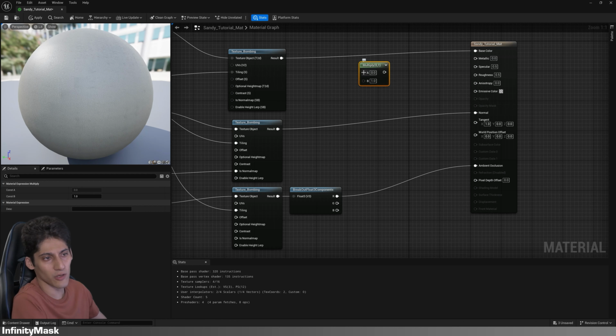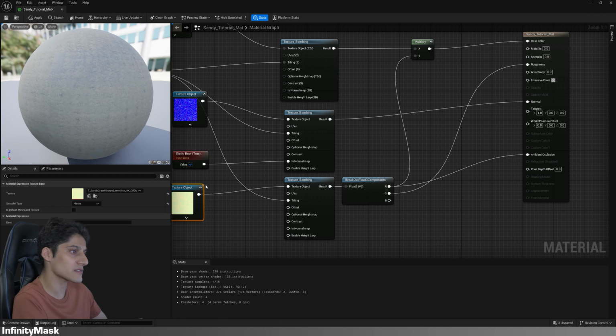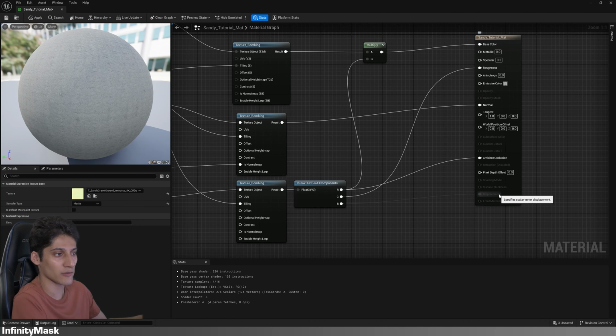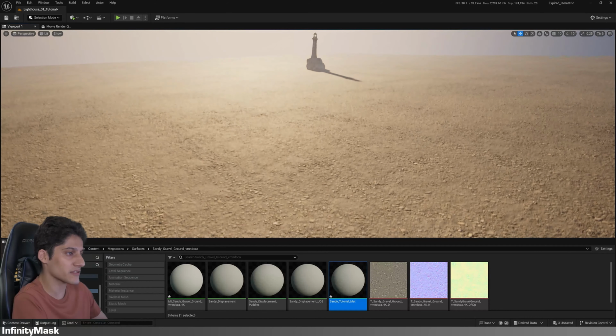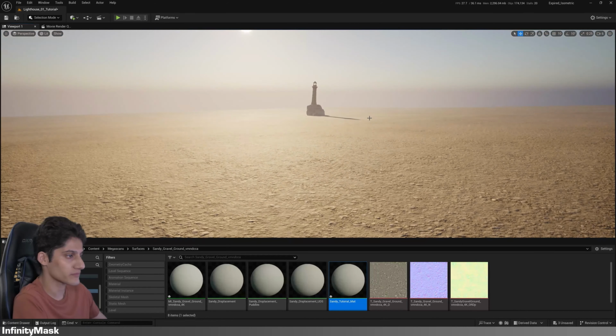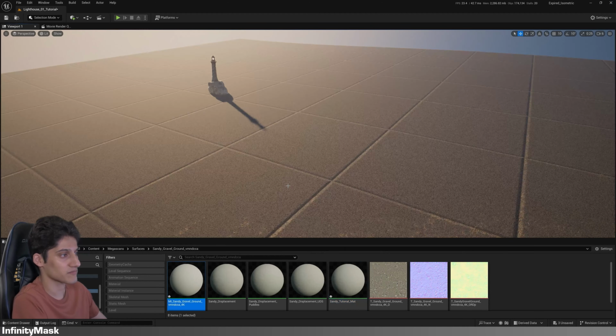In the multiply node, it doesn't matter which one is connected to A or B. Now you can connect your roughness and displacement channel. If displacement is unavailable, I'll show you how to enable it shortly. Now let's compare our material to the original. As you can see, there is a huge difference even now.